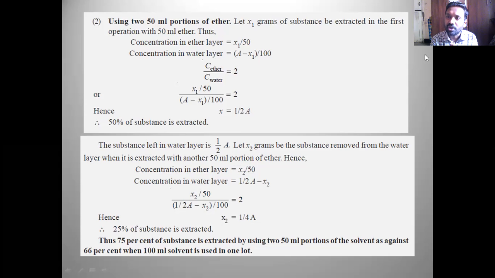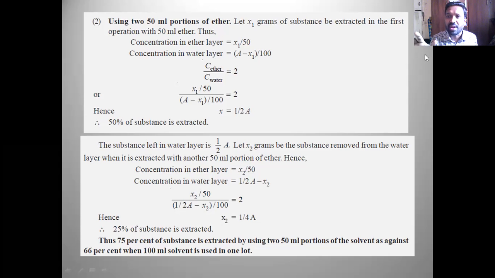How much of A do you have after combining these two ether layers of the first and second extraction? 50% of A plus 25% of A, so you have got 75% of A. That means 75% of the compound you have extracted. With the same procedure done as a single extraction,